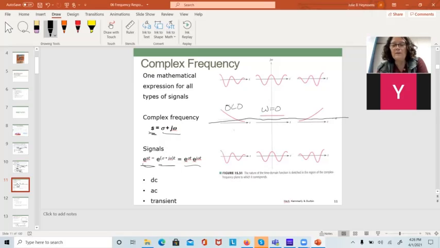So these are going to be things like sines and cosines, which look exactly the same to me because one's just the other shifted by 90 degrees. And if I look at them on an oscilloscope, I have no idea which one's which. It depends upon where I define t equals 0. So it's kind of an arbitrary difference in a lot of ways. If my sigma equals 0 is this axis, I can get either DC or I can get sines and cosines